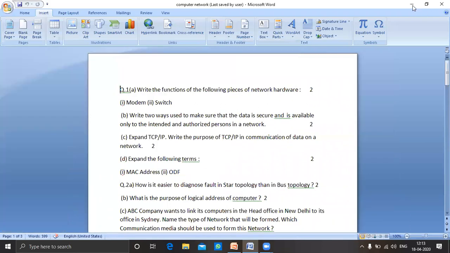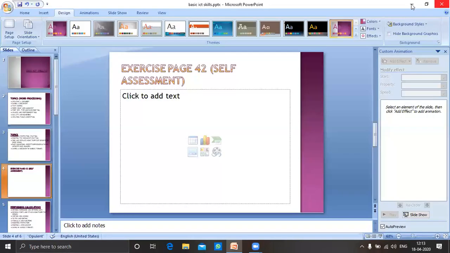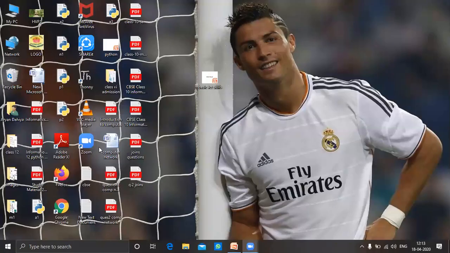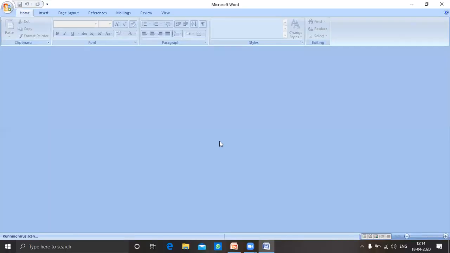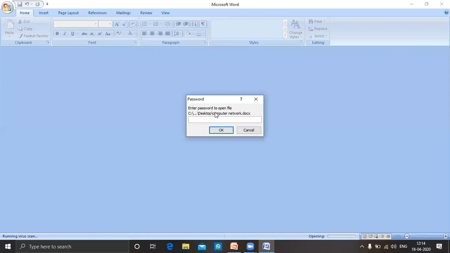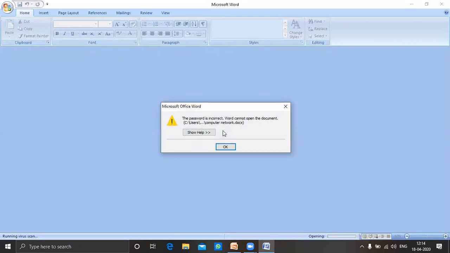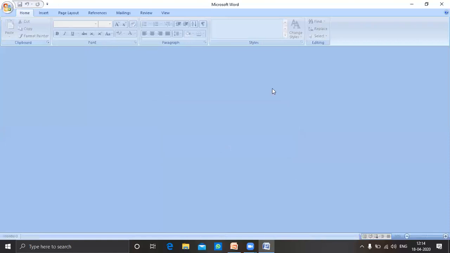Suppose I have now closed this document. Now if I want to open this document, it will ask for a password to open. If I give the wrong password, suppose I give some other alphabets or words, it will not open the Word document.